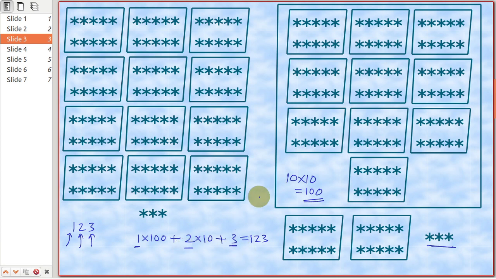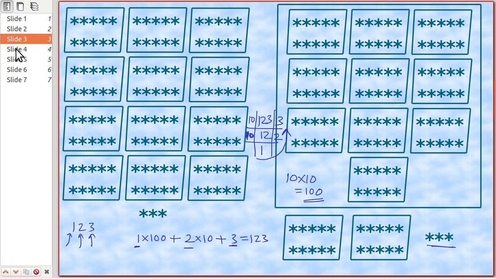So if you divide 123 repeatedly by 10, what do you get? If you divide it by 10, you will get 12 as the answer and 3 as the remainder. If you again divide it by 10, what will you get? You will get 1 as the answer and 2 as the remainder. So when you print it like this, you get 123. Exactly the same technique we are using for all other numbers. Here for decimal the base is 10, for other number systems the base might be different, right?